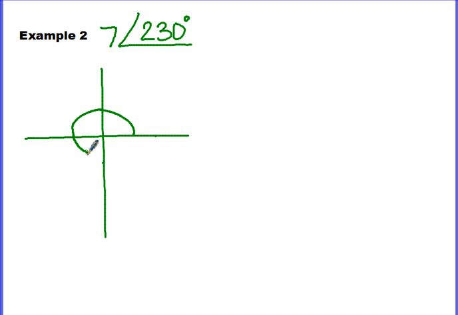Okay, then our vector length. The vector always starts from the center and goes out to meet the angle, and our vector has a length of 7. Okay, so our angle is 230 with a length of 7. Now, we're going to complete a right triangle by connecting the end of my vector to my x-axis, which means